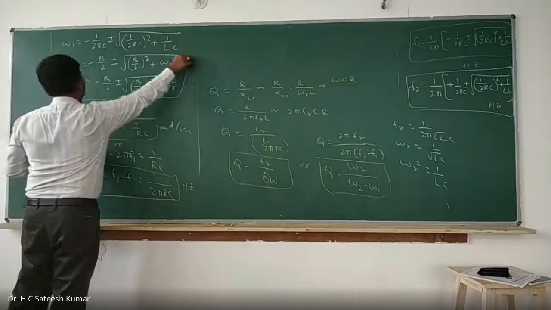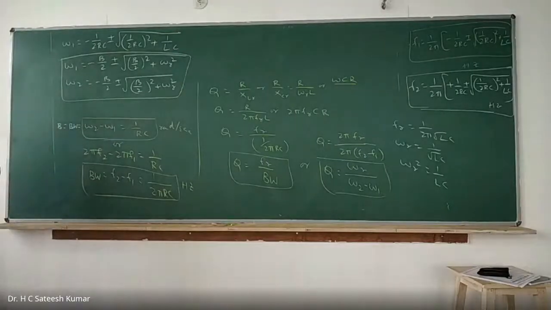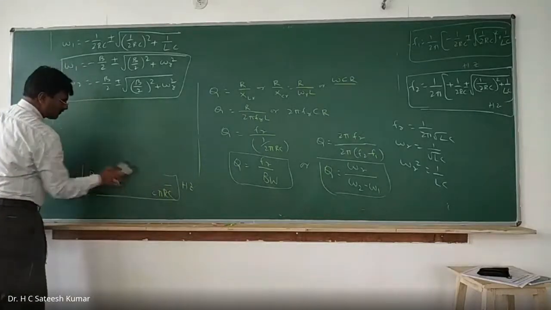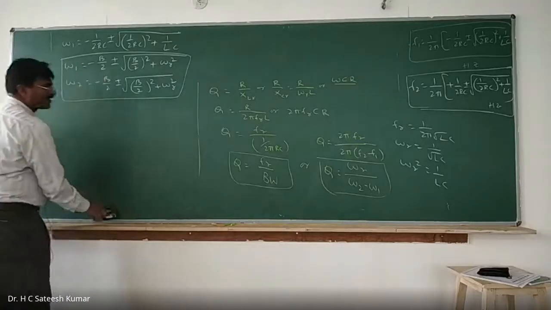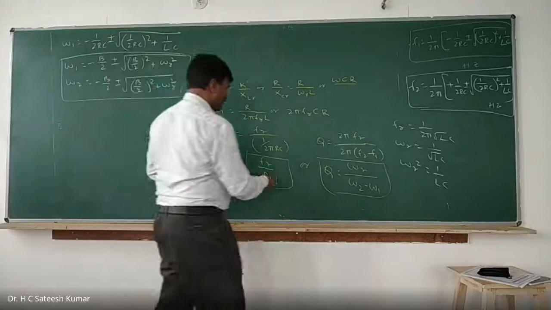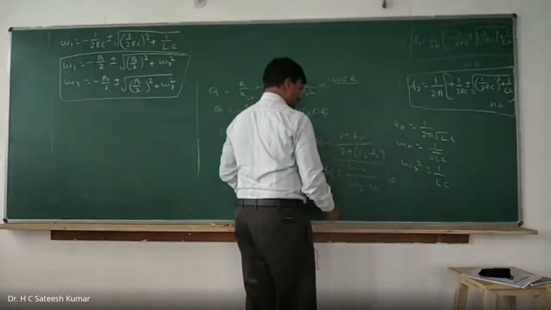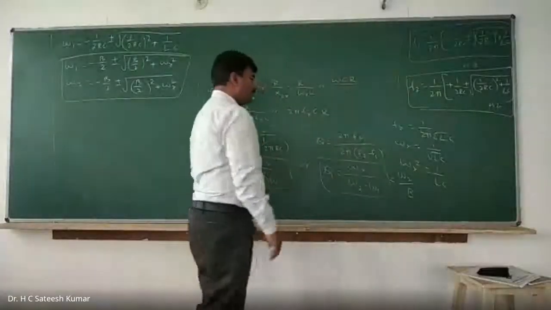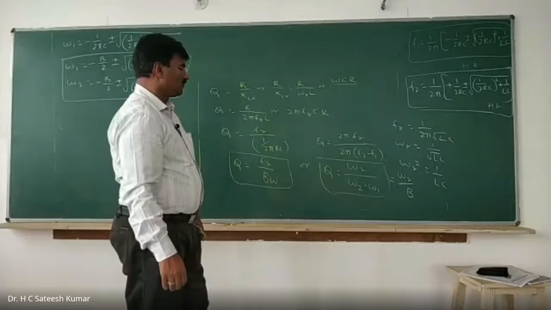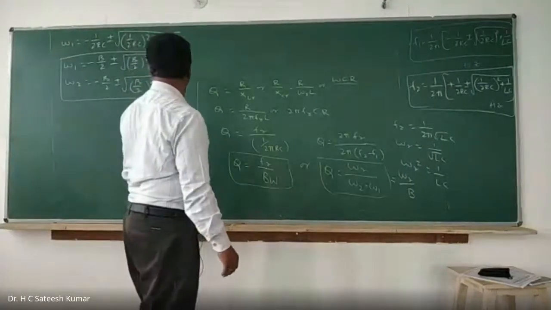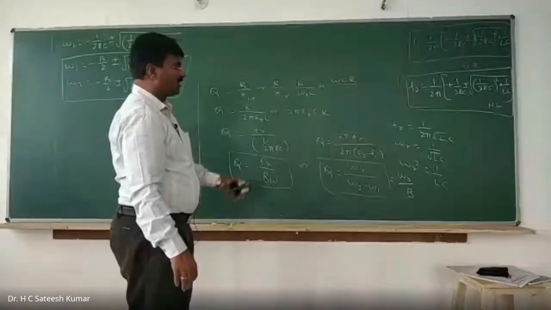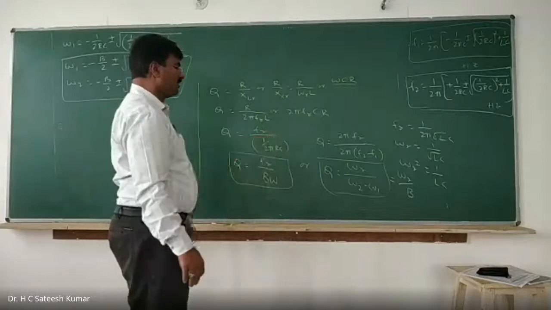So these are the cutoff frequencies in terms of bandwidth. In terms of Q also we can represent, so that I will do now. Just observe. What is Q? Q in terms of this is nothing but omega r by B. Bandwidth is nothing but B, as we called. B is the bandwidth we said.